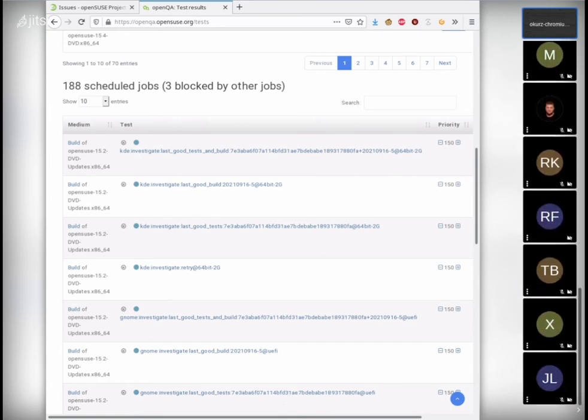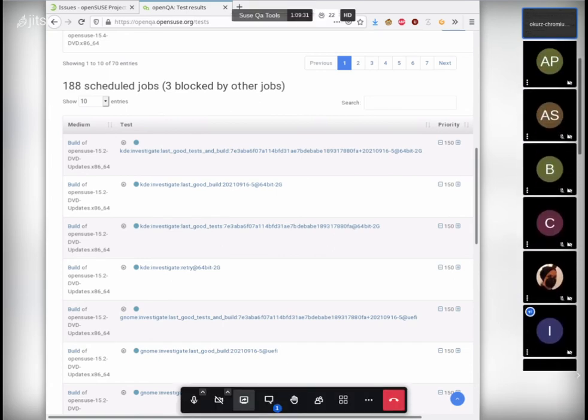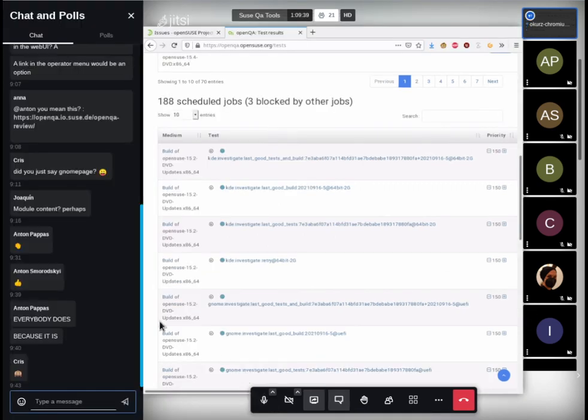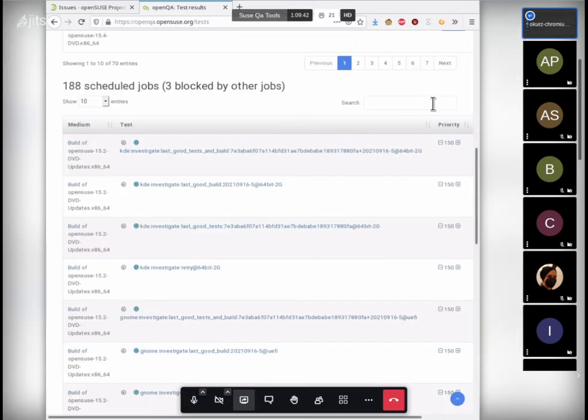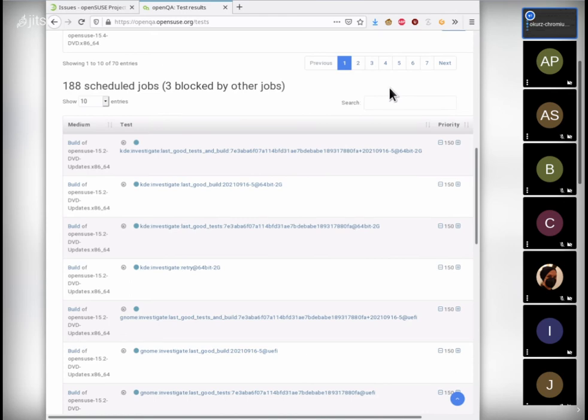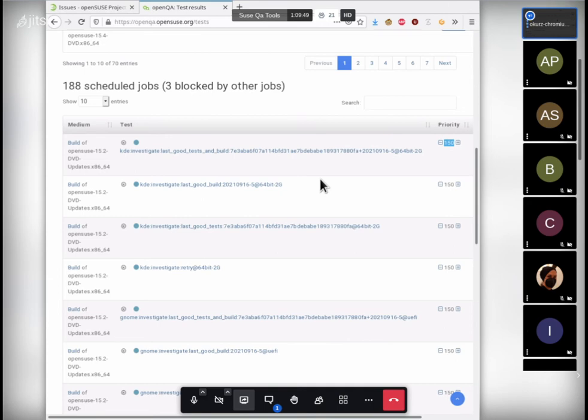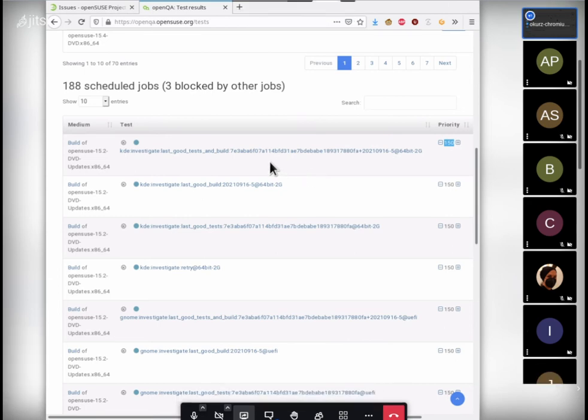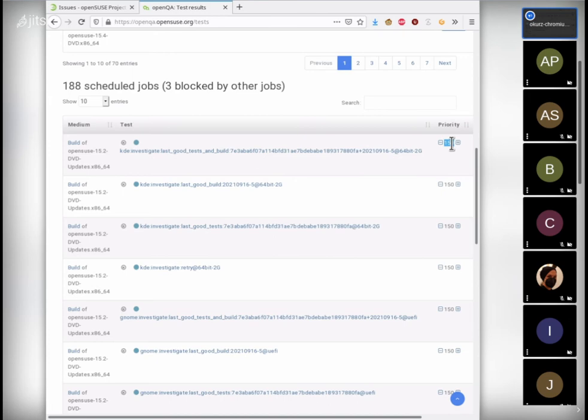About the priority, I asked the other time if the default for the retry is actually 150, right? The default for retry should be just the same as the original job. No. But what you can see here is that the investigate jobs are triggered with the original job priority plus 100. Yeah. The answer was so as to not consume the resources and stuff, which means that in some